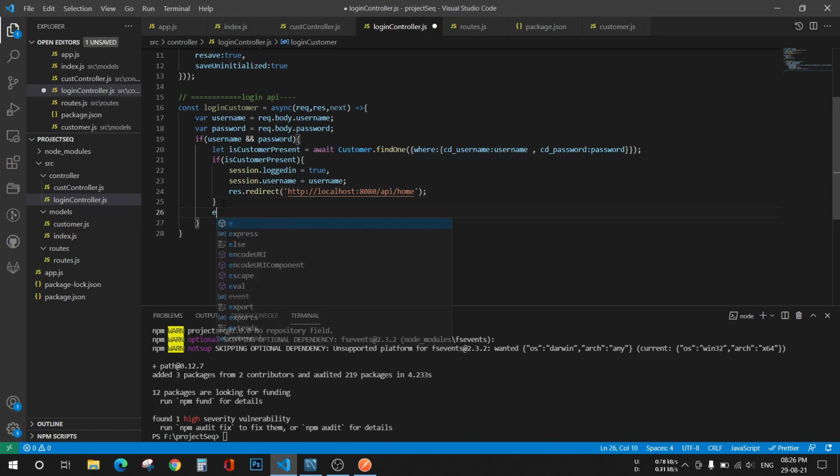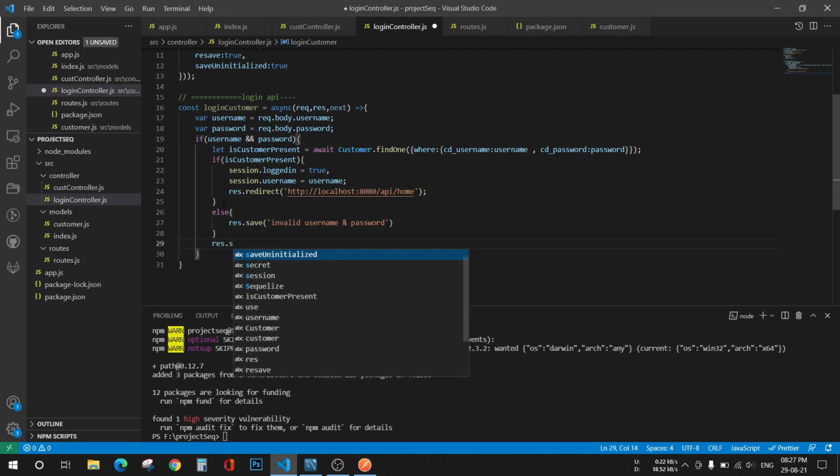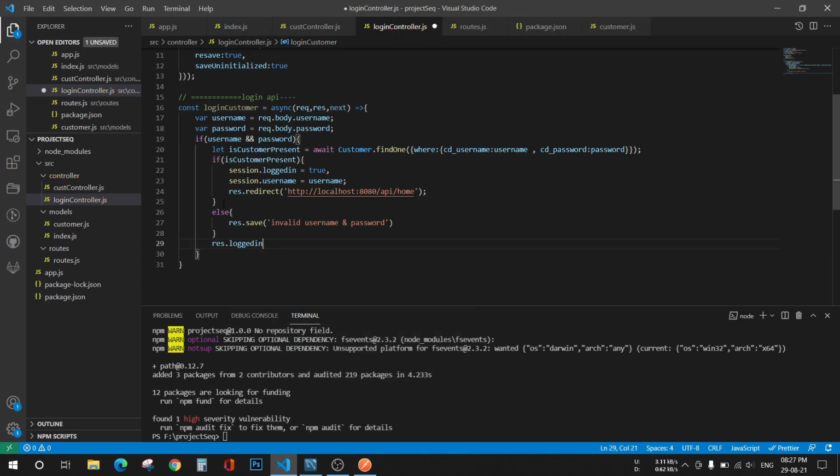If the user does not exist, then we'll simply display a message saying invalid username and password, and res.end. Okay.